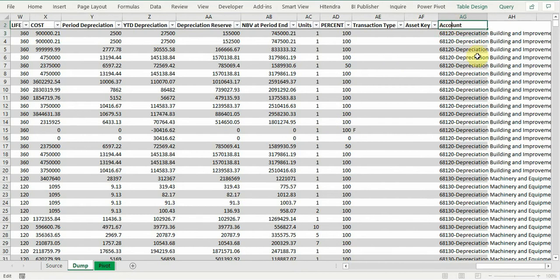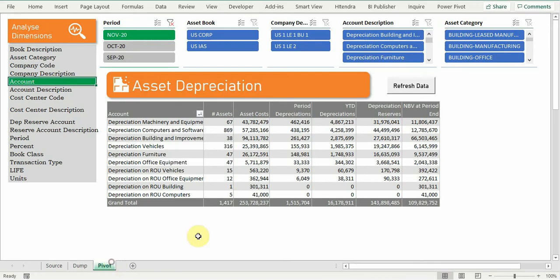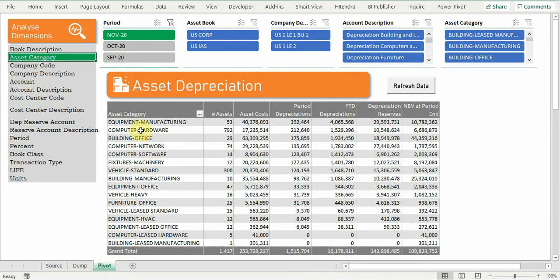Now we can rectify it, refresh the data, and now let me just click on the account. Now you can see the concatenated field is available, and in my source file the asset categories are available, which is a concatenated one only, if the user wants to see by major category.